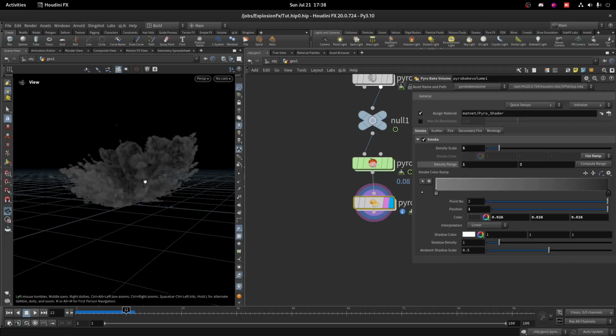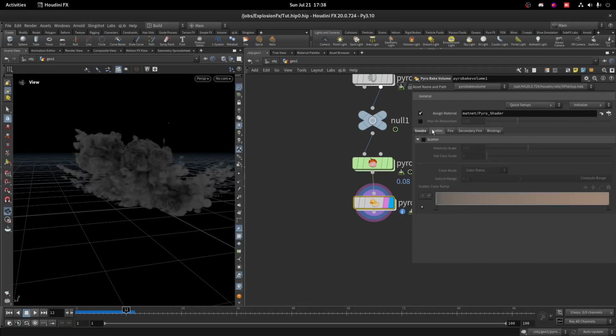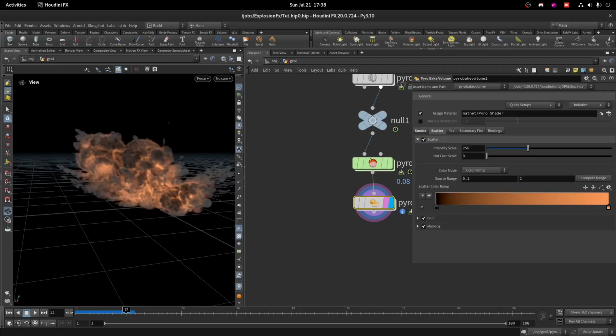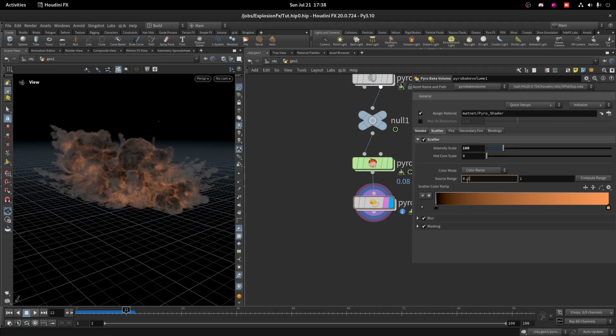Yeah, something like this. Now we have to go on the scatter and turn on this scatter. Let's reduce the intensity scale to 100, and here the source range will be from 0.5 to 2,